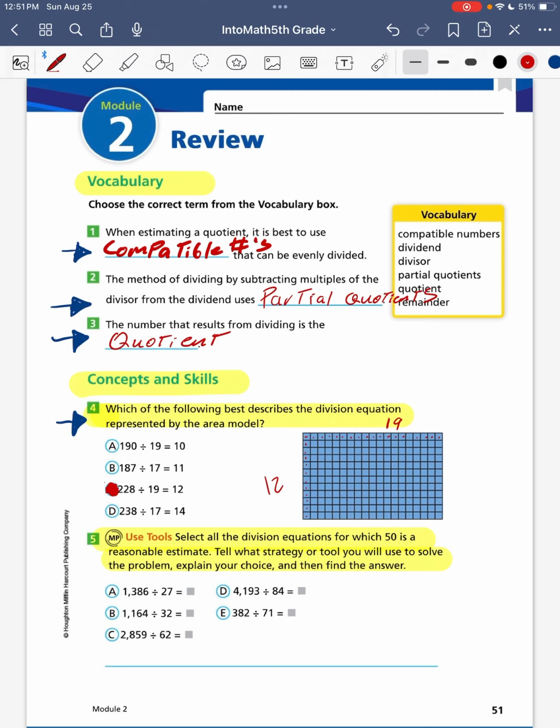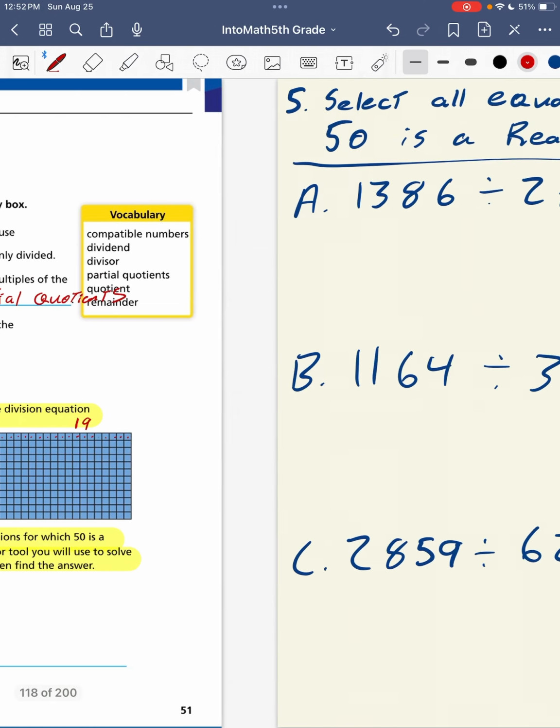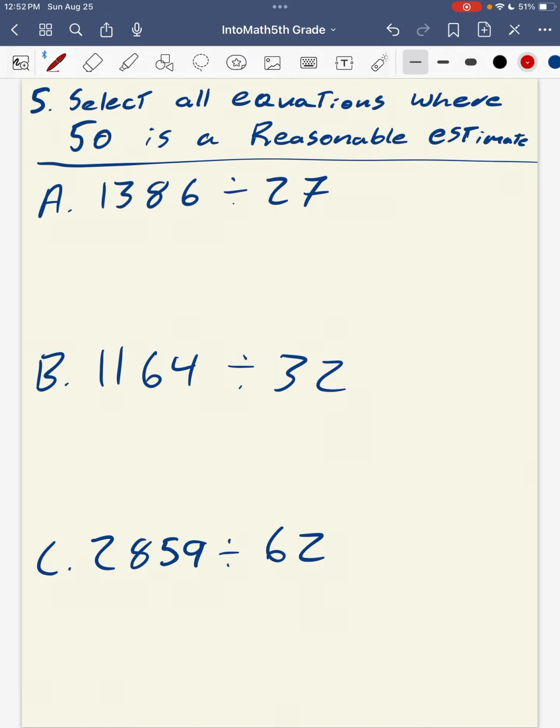Number 5. Select all the division equations for which 50 is a reasonable estimate. Tell what strategy or tool you will use to solve the problem, explain your choice, and find the answer. So we're estimating for number 5 here. And to estimate, we're going to be using compatible numbers. For this one, let's see, 1400 divided by 25. If I know my multiples of 25, I know it's 25, 50, 75, 100. Well, 100 is good. 100 could go into 14